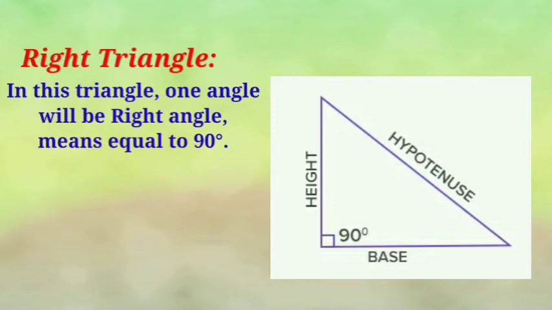In this chapter, you will get 2 theorems based on this triangle. For that, you should know the parts of this triangle. Here one angle will always be 90 degrees, and opposite to that 90 degrees, the side we can say is the hypotenuse, the bottom side we call the base, and the vertical side we can say is the height.